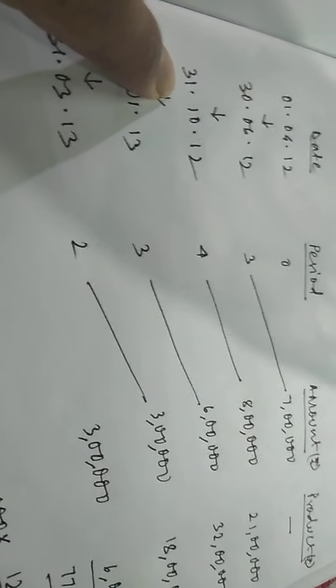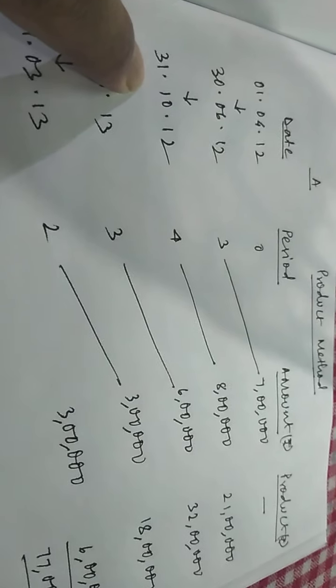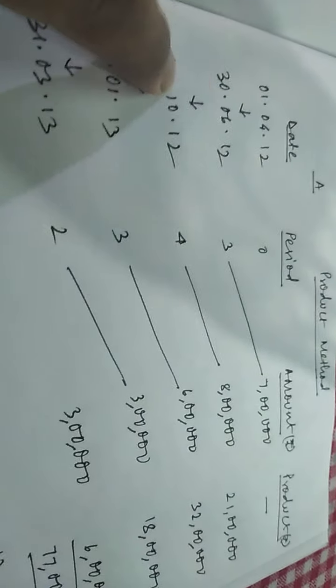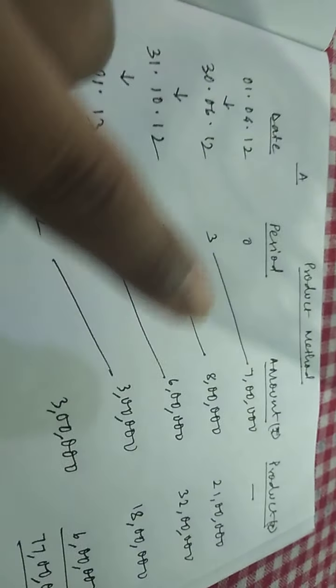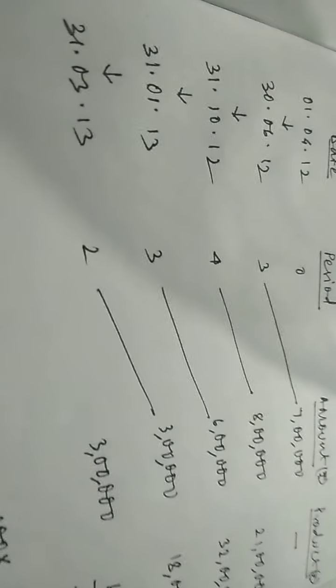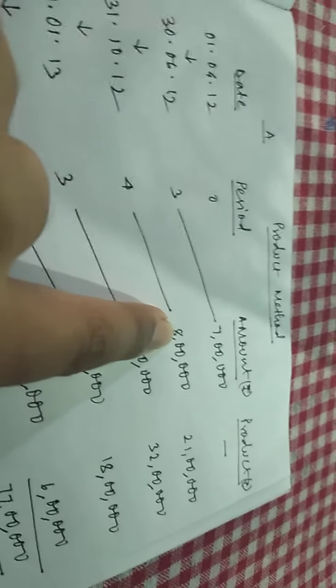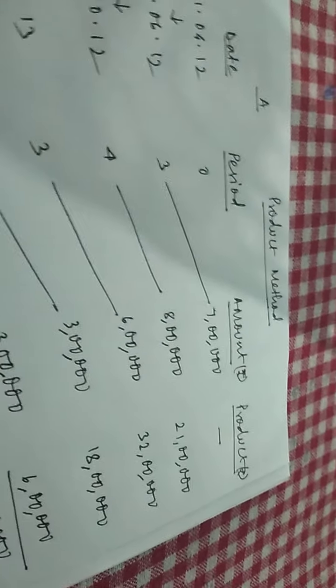Thereafter we have 31st October 2012. From 30th of June to 31st of October, we will get the period 4. Here this period is of 4 months. So 4. Here the capital balance was 6 lakh. From 8 lakh we have subtracted 2 lakh, which will give us 6 lakh. But as we have done earlier, we will follow the amount of the earlier transaction. So period will be 4, but the amount will be of the earlier transaction. 4 into 8 lakh, that is 32 lakh.